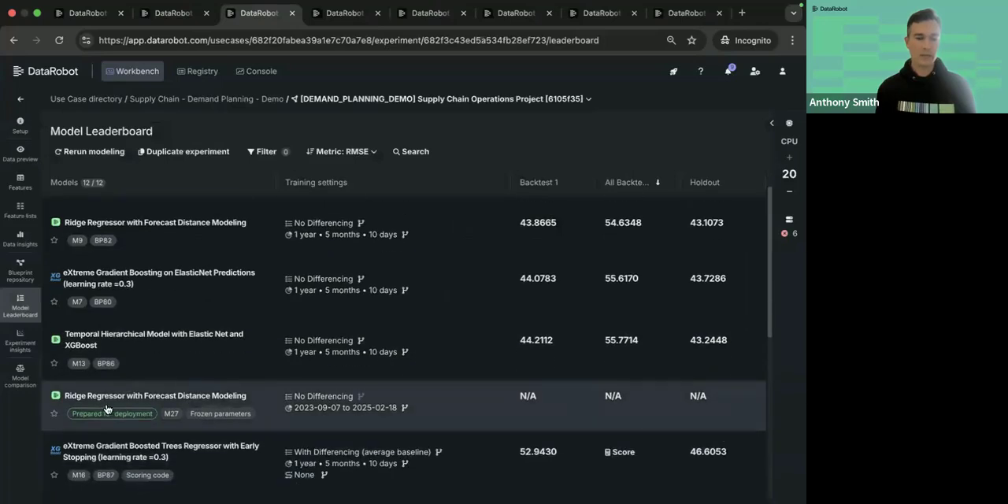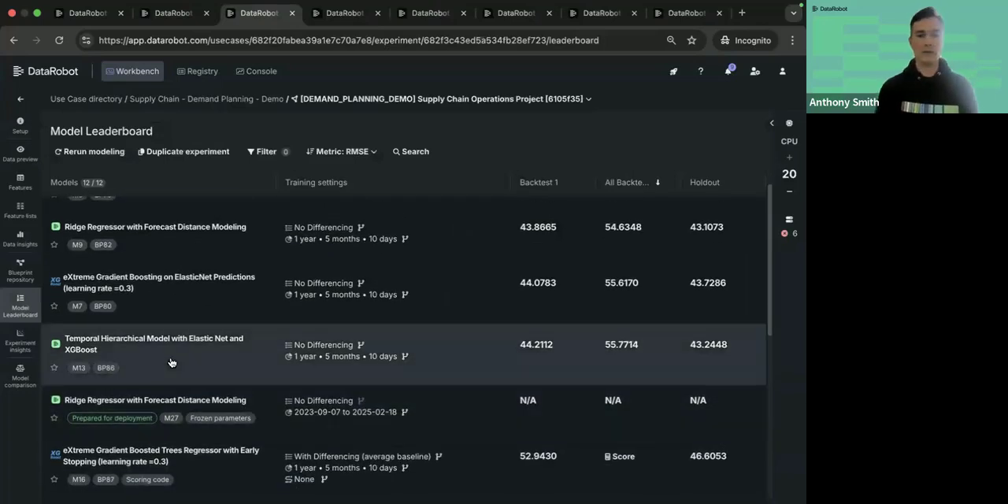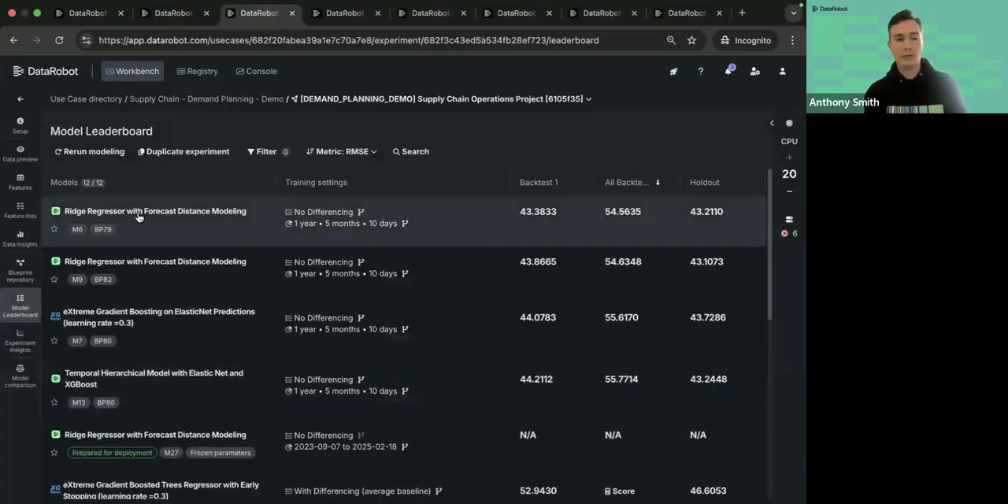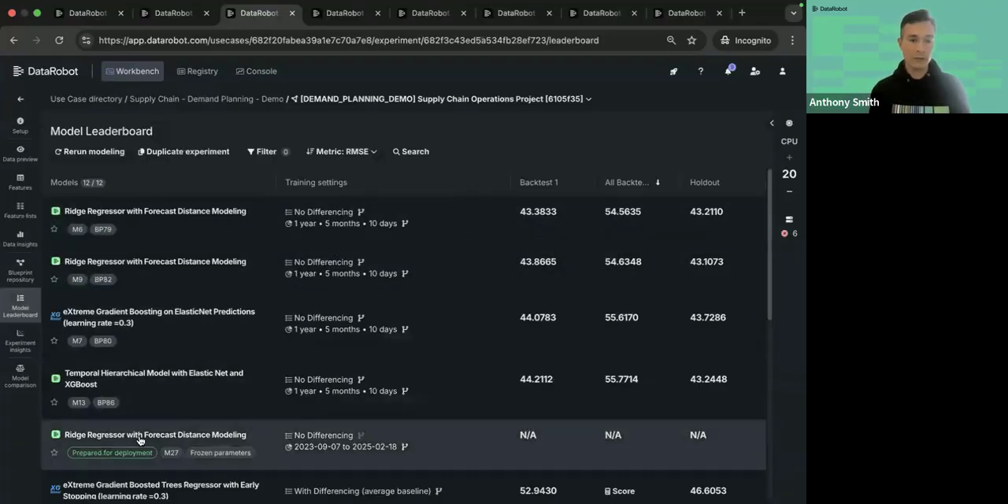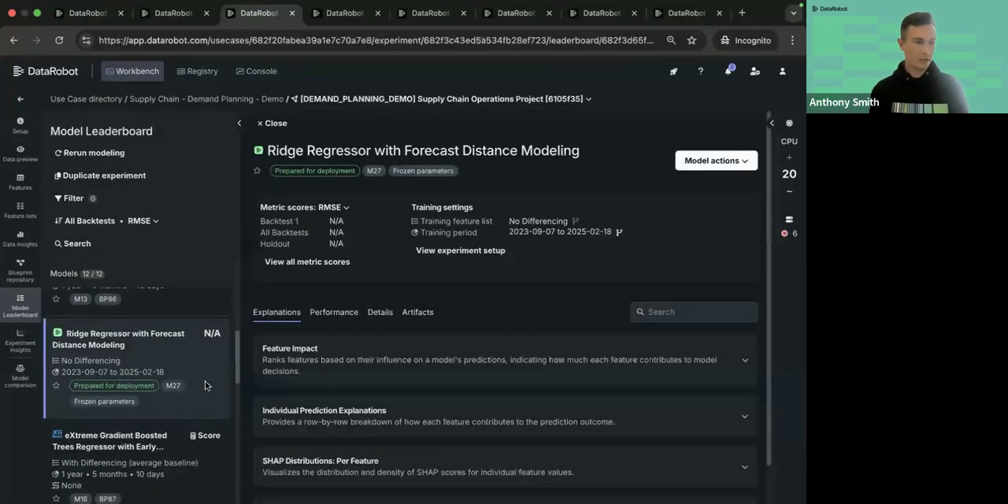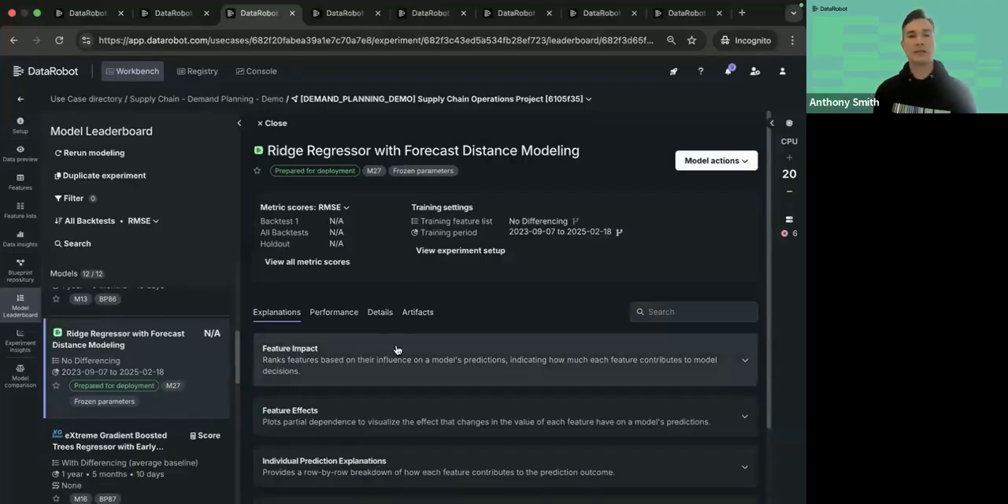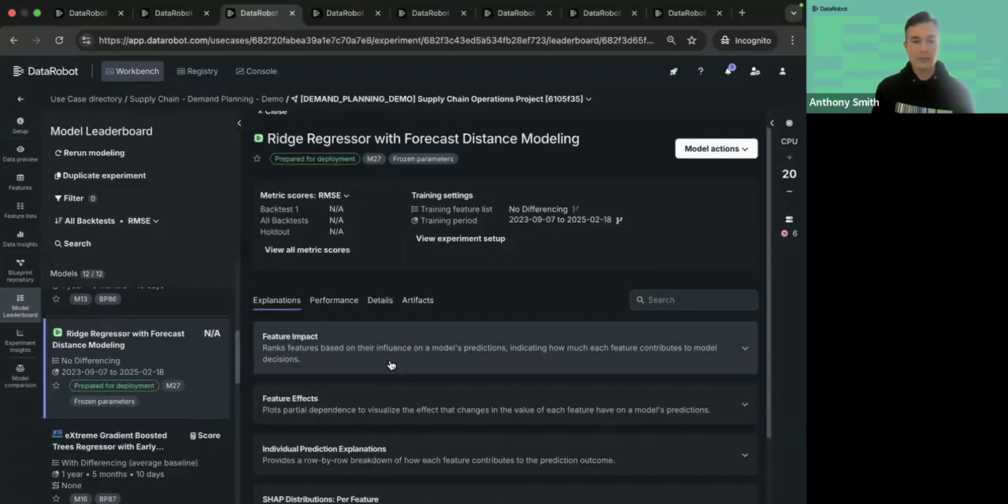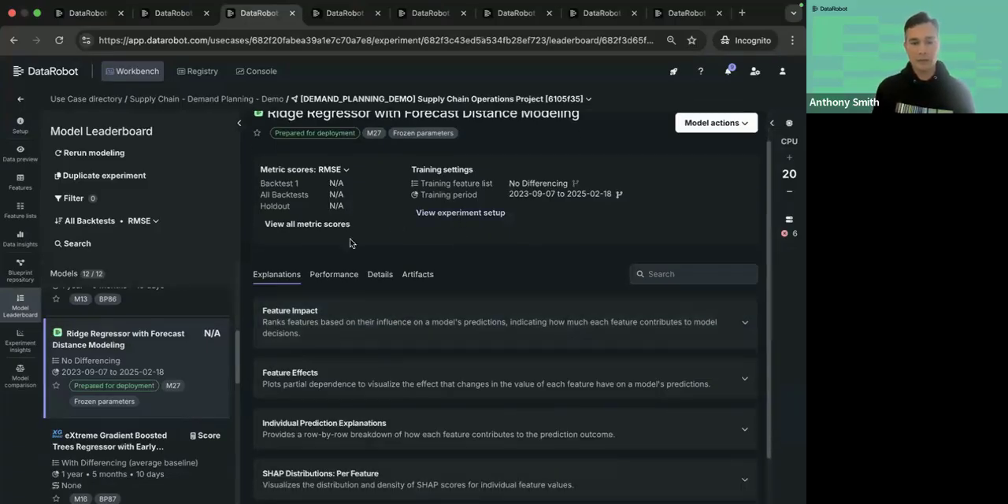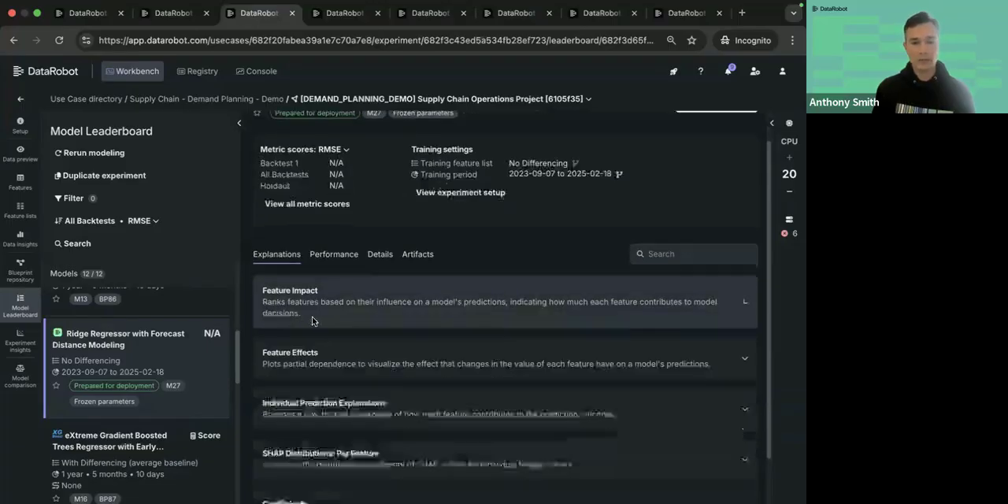So this one down here has been chosen and it's been prepared for deployment. Notice that we've got a number of other ones in here that have been run based on different blueprints. But as we click on this one here, there's a lot more detail that we can see for this particular model. So it is by no means a black box. Some of the things that we can do here is have a look at the explanations. If we click on something like the feature impact,